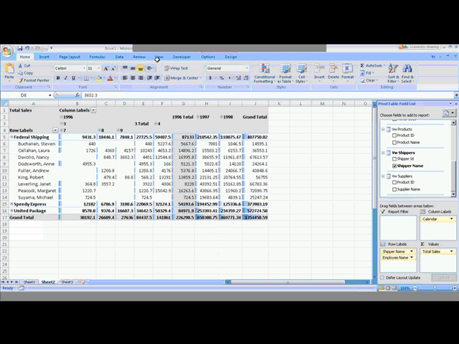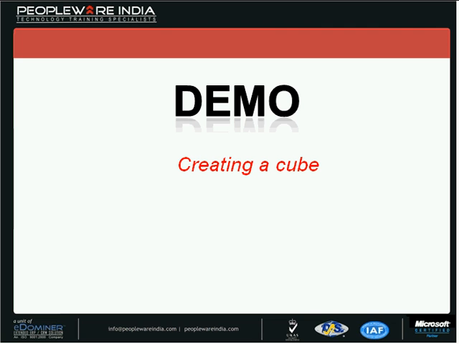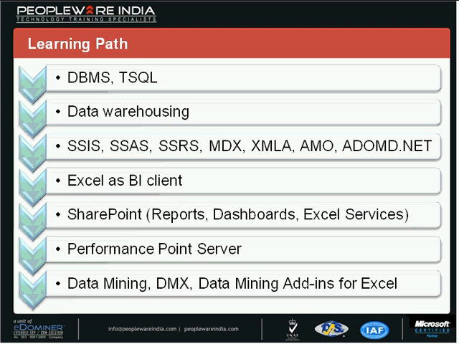So this is what I wanted to show you in creating a cube, and we did a few steps, and you can see how easy it was to create a cube. Pretty straightforward. So I come to a close of my presentation, and this was just the tip of the iceberg on creating a cube. There are many more things that you would want to do, and in BI there are many more things like T-SQL, data warehousing, different components of